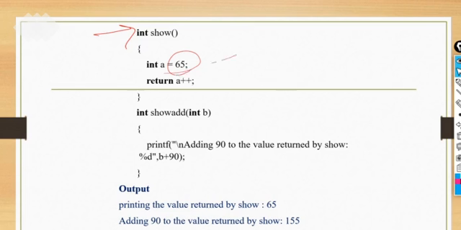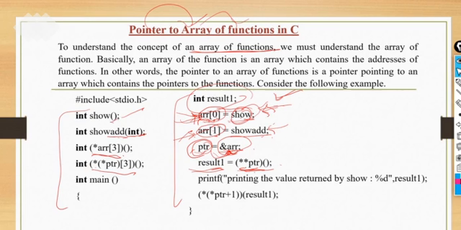Int a is there, 65, and it is doing the increment on a. Then it will come here, 60. At that particular time, what will it return? 65, because at the same time we are doing the increment and returning. It will not return 66, because it is a post increment here, right? So make a note of this also. So at the 0th index it will return 65. So now 65 is there.